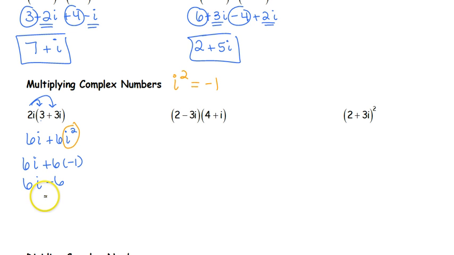Now the only problem here is that my answer is not in standard form. I want to move that negative 6 to the front. So I've got a negative 6 plus 6i. Just like distributing a piece,